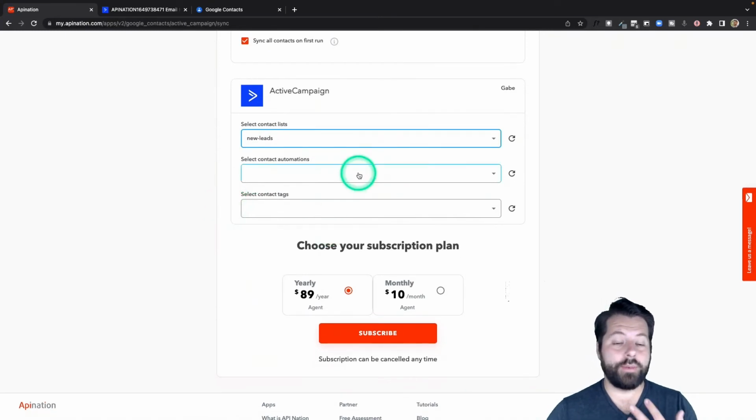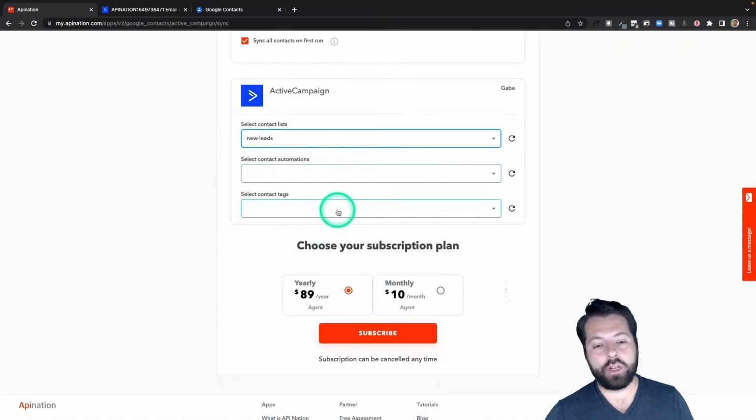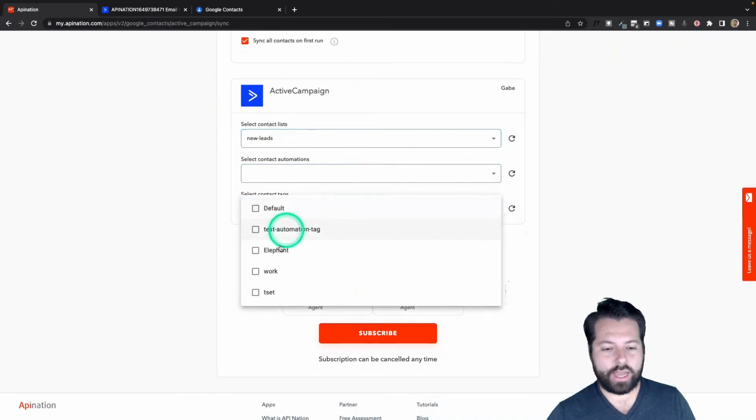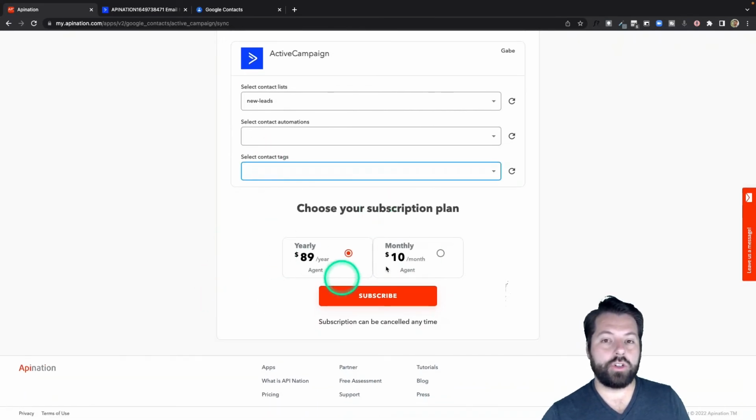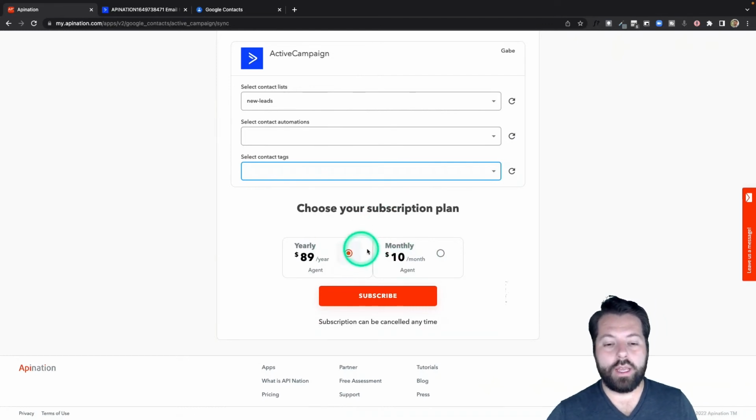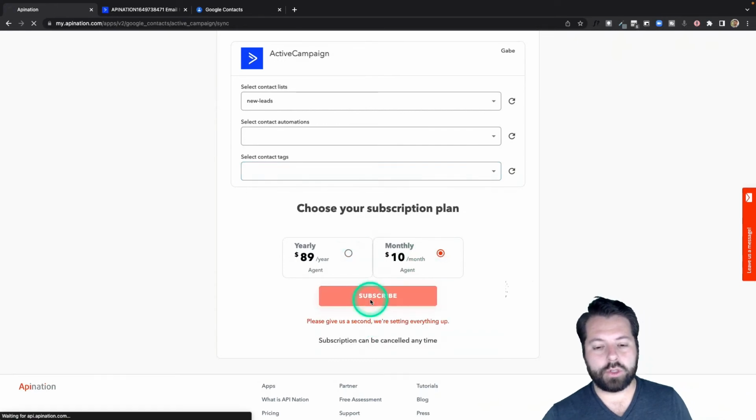You can also assign them an automation. And you can also tag them. So maybe I want to tag these people with elephant, work, test, any of those tags that I've set up in ActiveCampaign. Last thing, choose your subscription. You can see the yearly plan is quite a bit cheaper. You can save quite a bit if you choose that over the monthly plan. Either way, totally up to you. I'm going to hit subscribe, and that